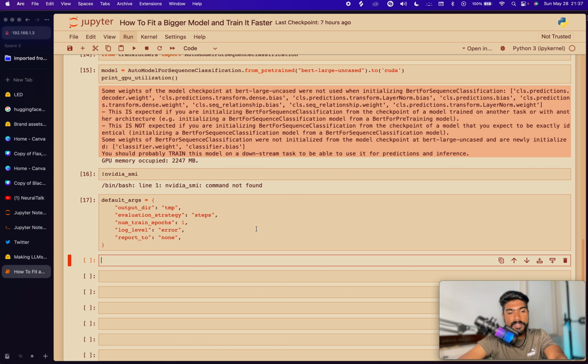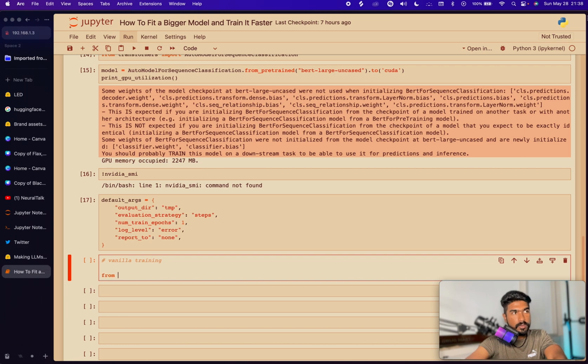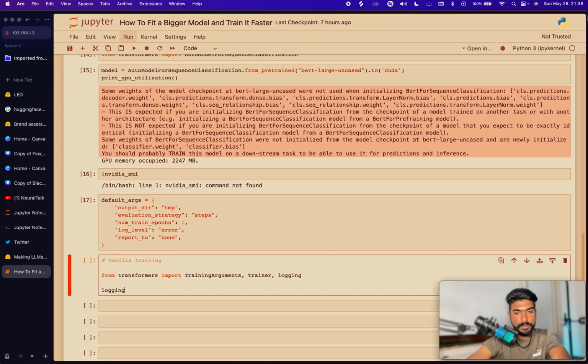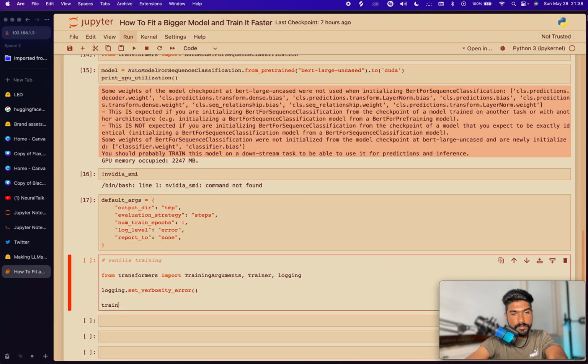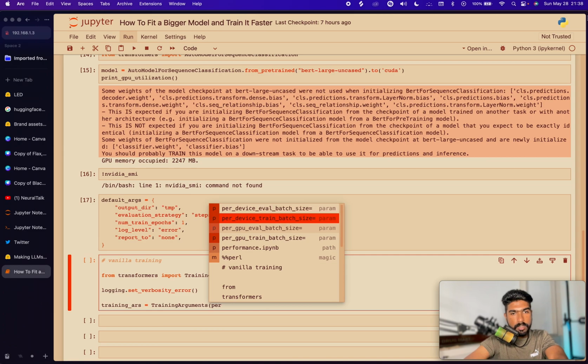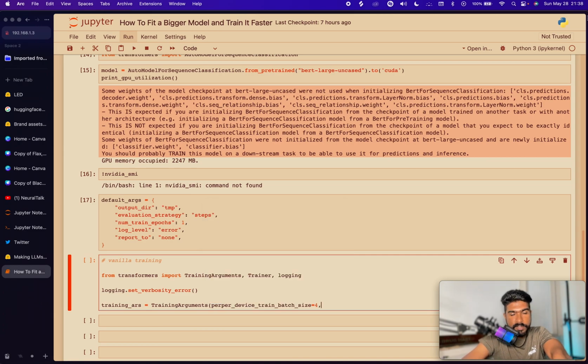Now let's do just the basic vanilla training, right? Okay, so from transformers import TrainingArguments, the Trainer itself, the Trainer class, which is essential, and the logging. And then we'll set the logging to set verbosity error. Okay, so training args, TrainingArguments, and here we will pass the per device train batch size to, let's say, 4, and then destructure the default args,